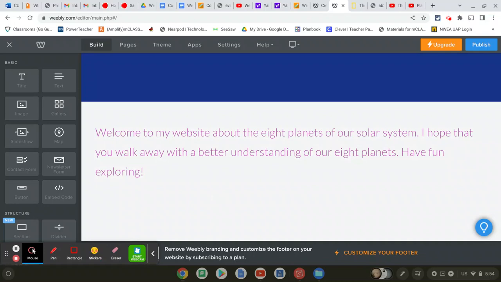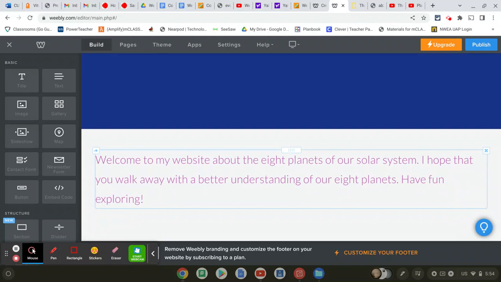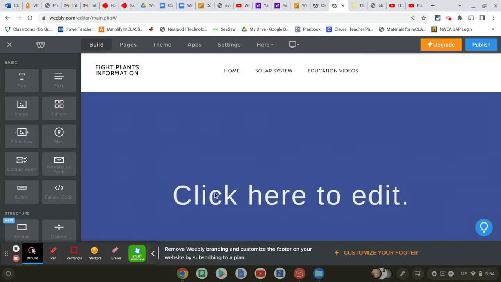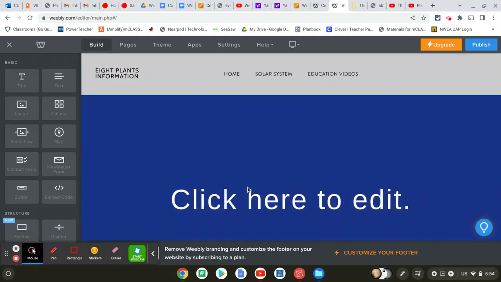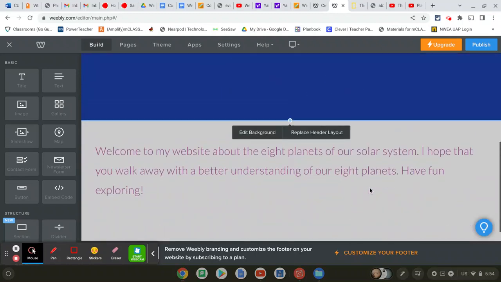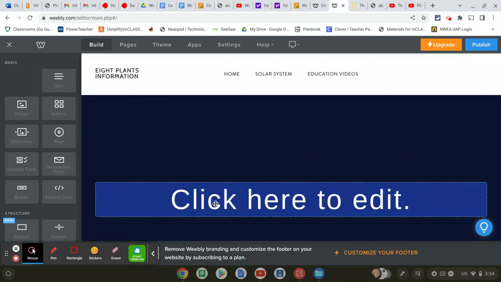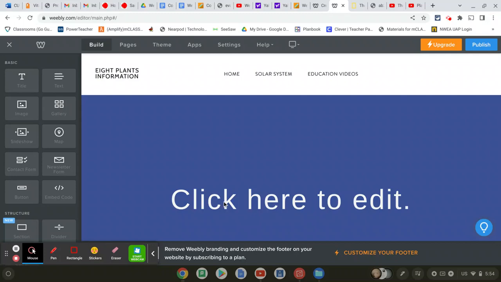So I like that color. I think it looks pretty cool. So I'm going to leave it like that. So now I'm going to go to adding a title to my slide. So if you notice here, it says click here, and it's just a blank color. And sometimes that's fine, but since this is the home page, I kind of want to make people see it. So if you come over here and you hold on the title and you drag it into the box, you can create a title